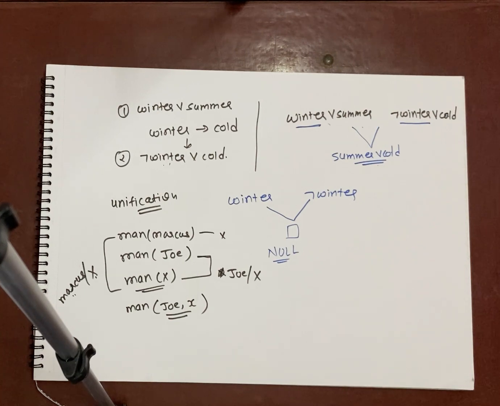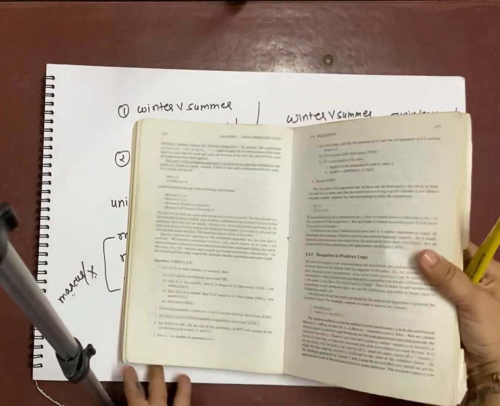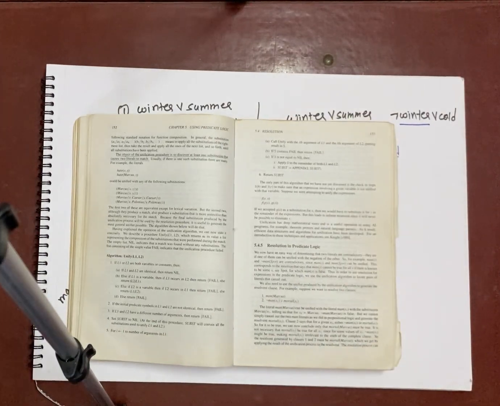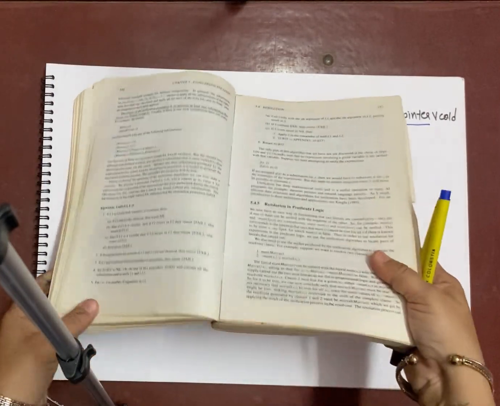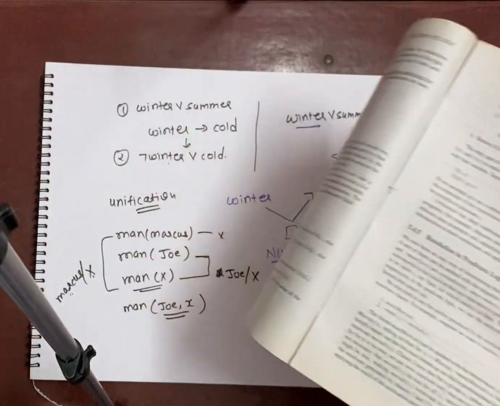So once again, what we are trying to prove by unification is that both are basically same. So what we are going to discuss over here now is called the algorithm of unification. Two facts are said to be equal if unification can be applied on them. So that is what we are going to discuss now. Okay, fine. So we are going to discuss this from the book now.